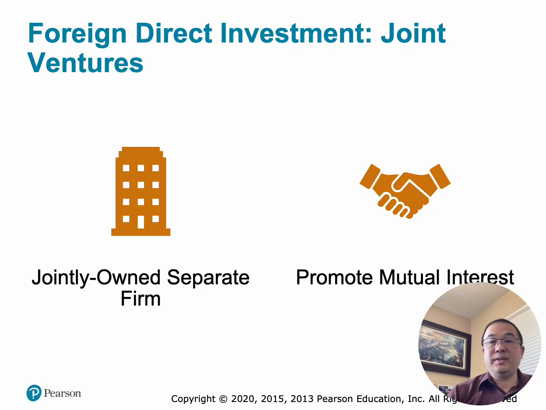Number three, access to restricted markets. Some countries limit foreign ownership. So an example would be certain industries may require local ownership, domestic participation. So a JV allows foreign firms to operate legally and allows for easier market entry. So the advantages of joint ventures are shared investment costs, shared risk, local expertise, faster market acceptance, and access to restricted markets. However, the disadvantages of joint ventures are shared profits, shared control, potential disagreements, different management styles, and conflicts over strategy.